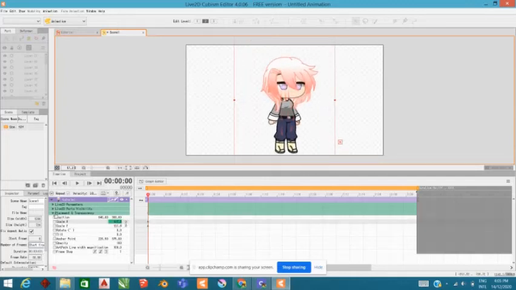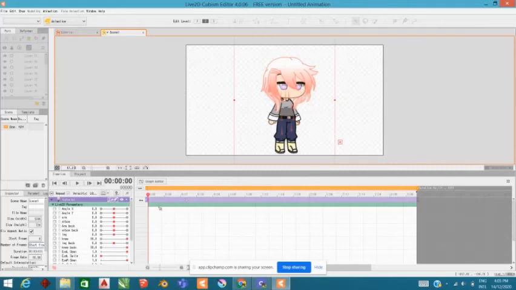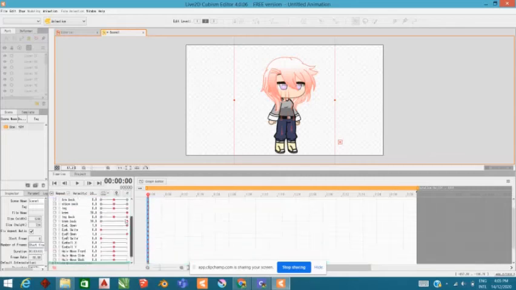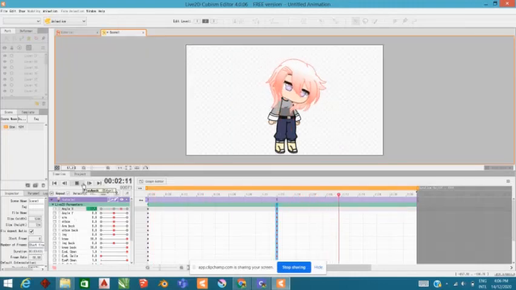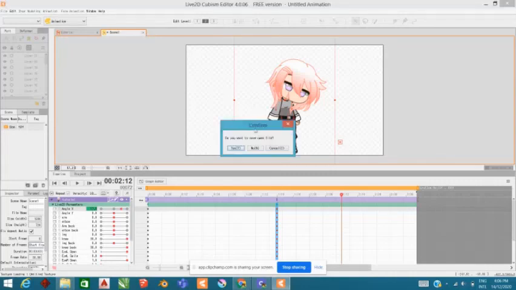And why are parameters so important in Live2D? Because of this. So we're just going to control and click on this green space right here. As you can see, this is our parameters. You could set your starting point for your animation, and on another spot you could click the same control and mouse click button, and there it is. So yeah, that's the animation.